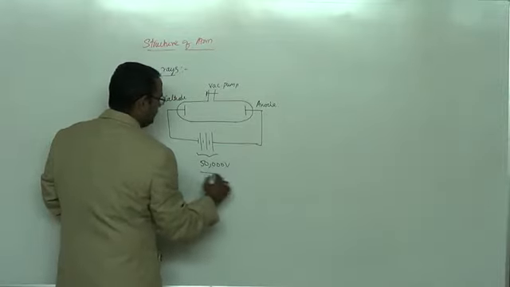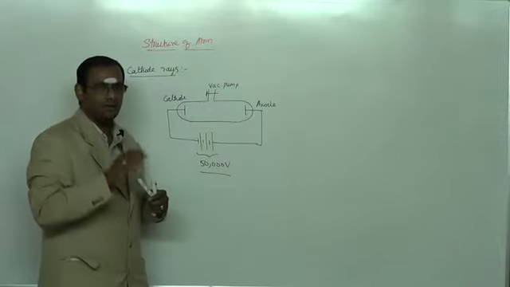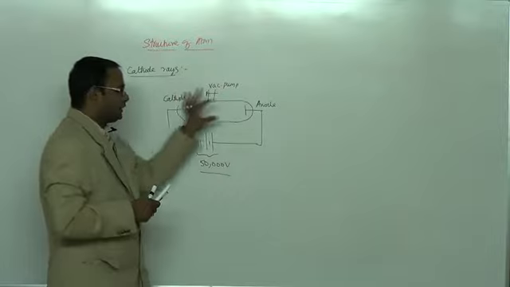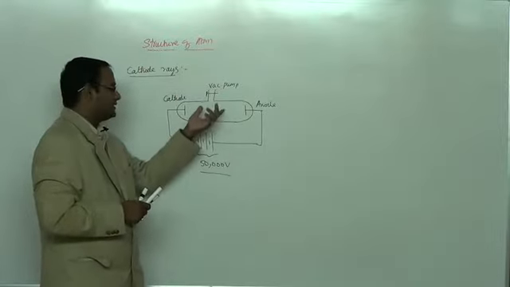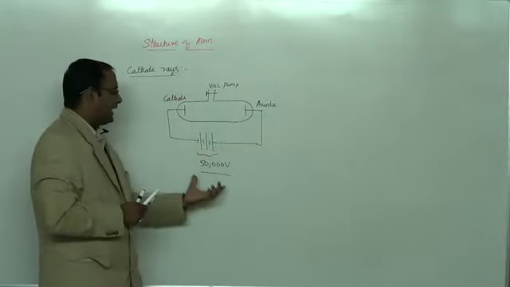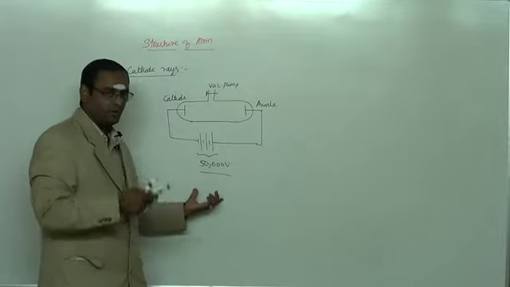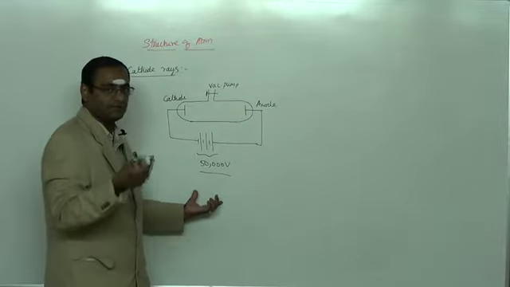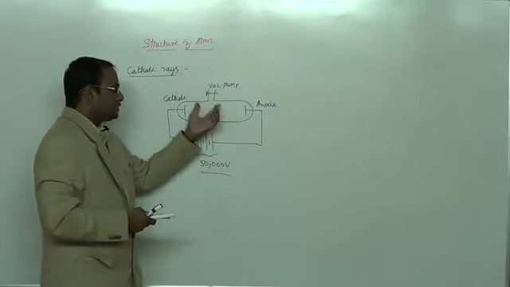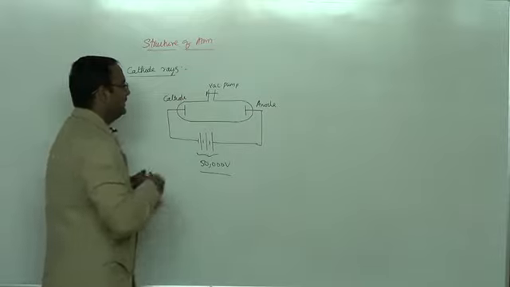It may be even more, it is high voltage. Maybe in your textbook it will be given as high voltage. So now, a glass tube consisting of some gas is connected with two electrodes to a very high potential of the order of 50,000 volts, it may be even more, 1 lakh volt, 2 lakh volt, depending on the experiment.